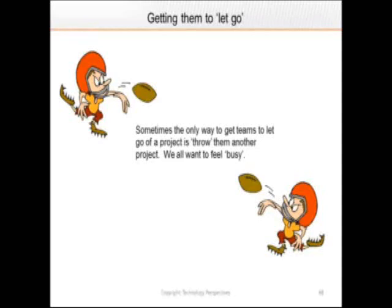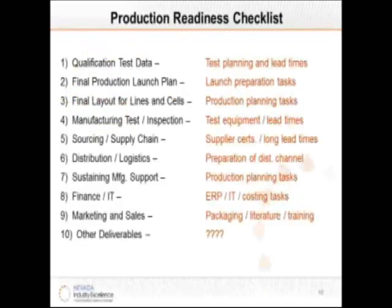And so you've got to throw them a new project, or else they just won't let it go. So getting them to let go is a critical part of that review and freeze process. Then it's finally ready for the production team,